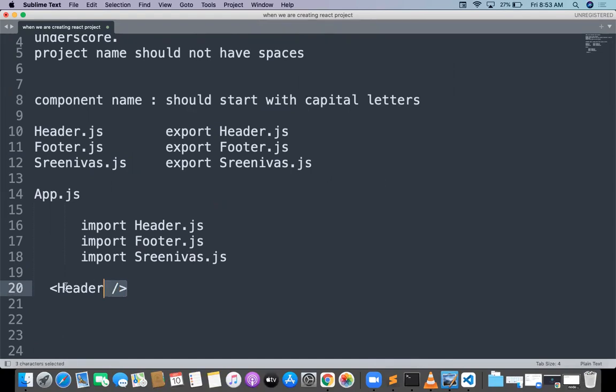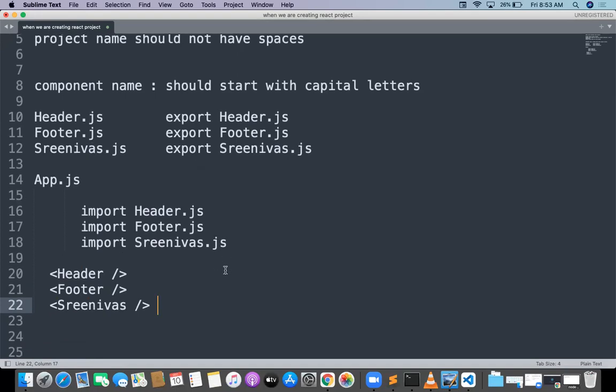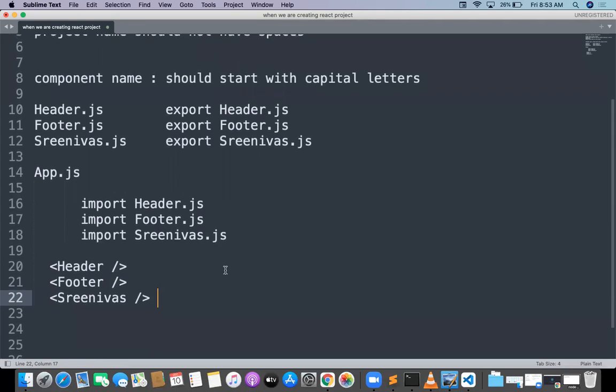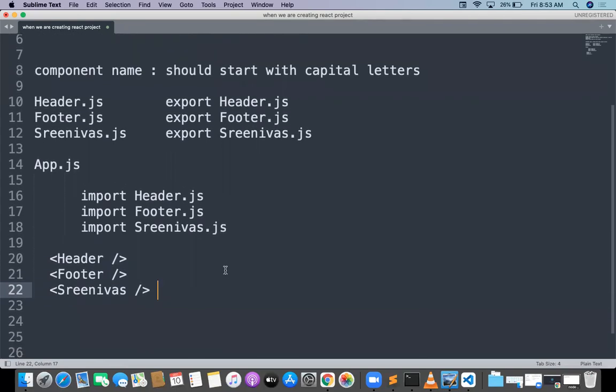I just want to use the footer, then I need to use the footer slash. Try to understand the syntax of React. Once you understand the syntax of React, everything is very simple. The first time everybody will be confused, but when you practice, React structure and syntax become very easy to you. Just follow me, whatever I'm telling you. I'm giving you React concepts in the easiest, simplest way.